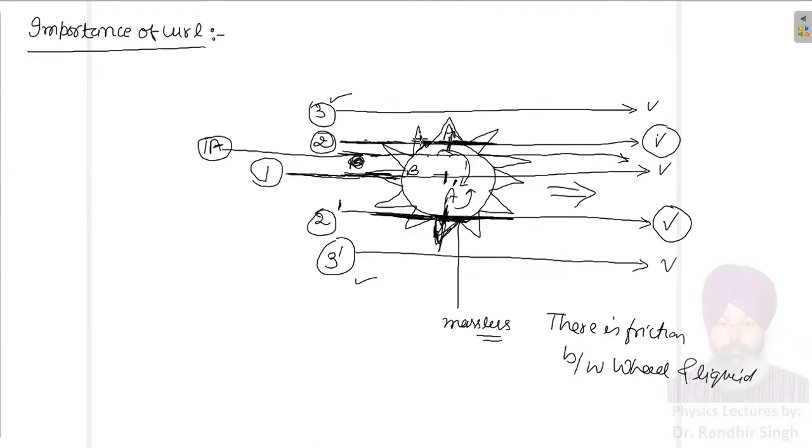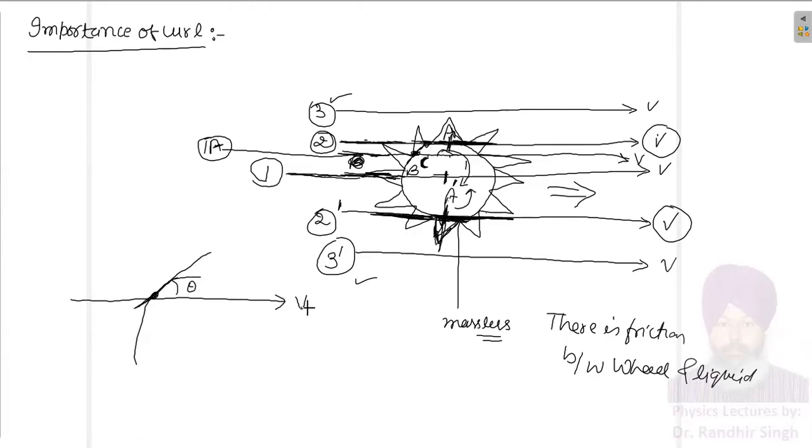Now you can very easily see, suppose this point is C, and this is the boundary. This point is C, and the velocity of this streamline is v. Let me show it on a separate part. So let me draw a zoom figure at point C. If I draw a tangent here, the tangent will be like this. This is our wheel, this is point C, and this is streamline V. If I draw a tangent here, let us say this angle is theta.